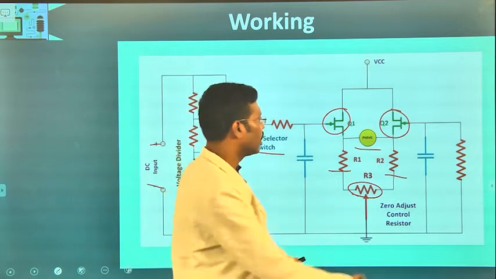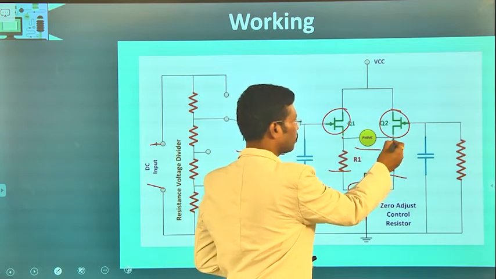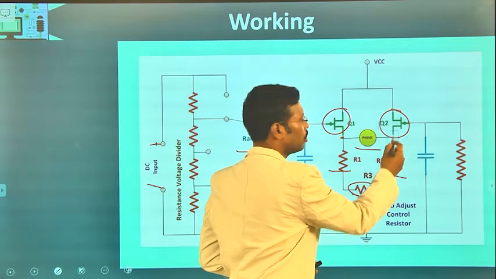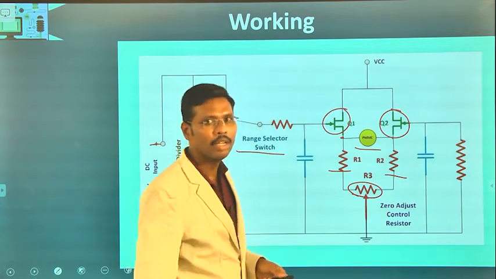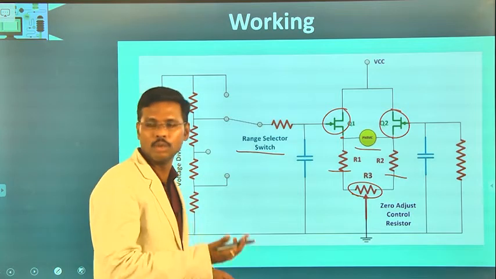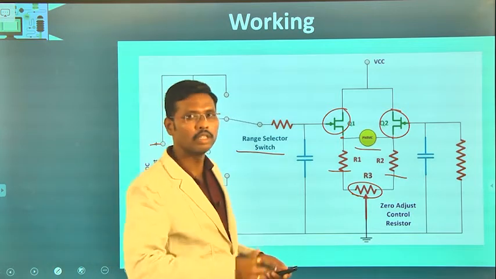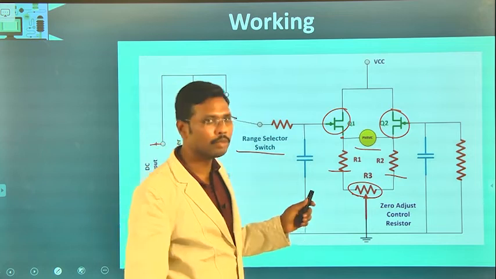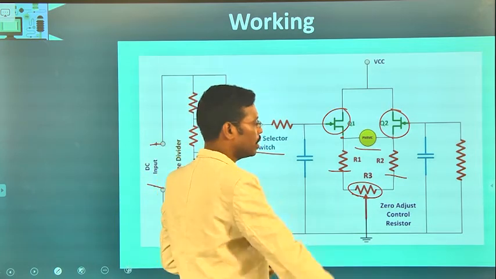that the voltage across these two nodes is equal, so that there is no potential difference between the two nodes, and so no current passes through the PMMC meter. So, to nullify the error and make the PMMC perfect, we will be using this zero adjustment resistor.